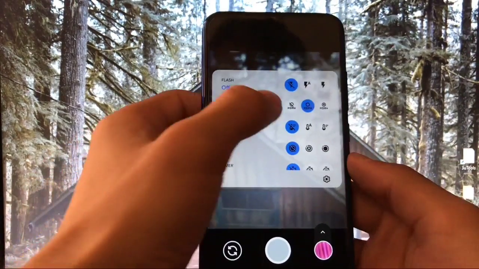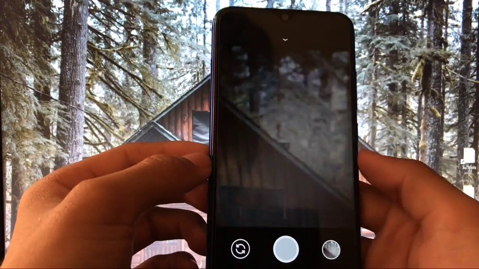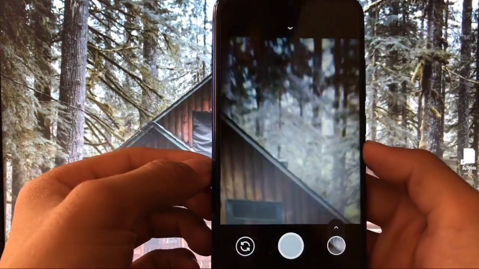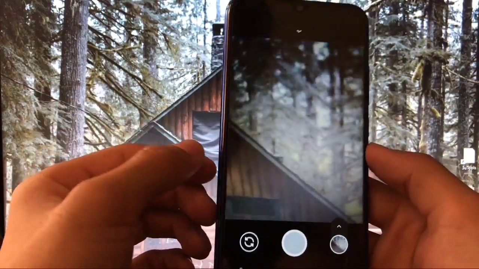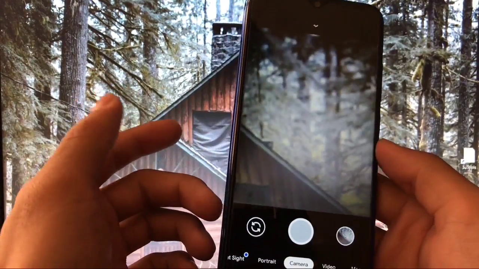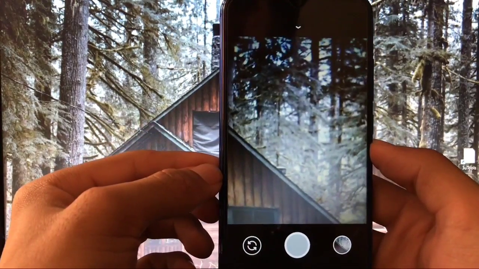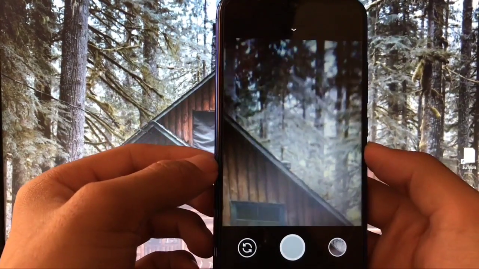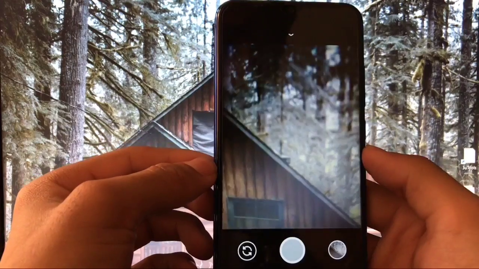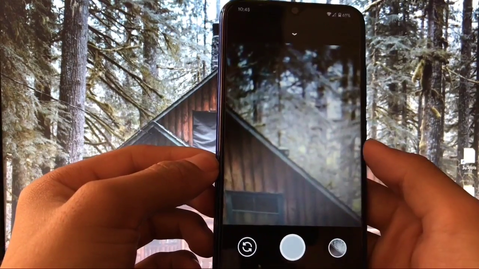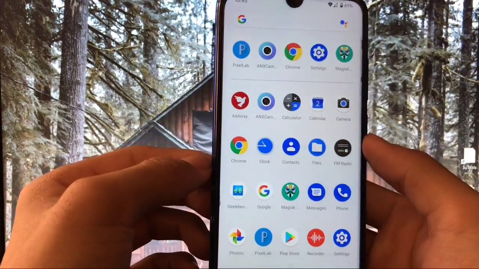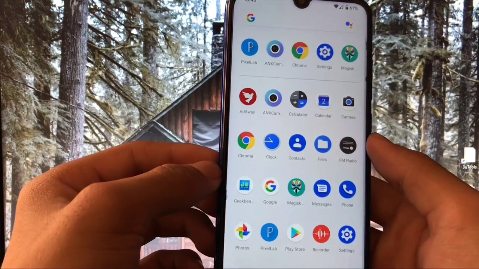So HDR+ is not working in this ROM, unfortunately. I'm using Gcam 7.3. If you want, you can try out Gcam 7.2 or Gcam 7.1. If that is working for you, then it's very good. But in Gcam 7.3, HDR+ and these kinds of things are not working in my case.